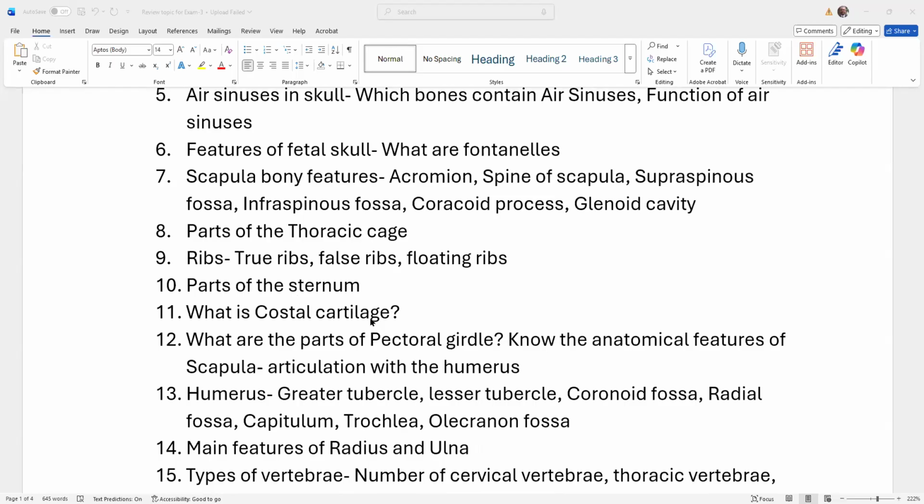Then going down, we're in the pectoral girdle, and you should know the parts of the pectoral girdle. What are the three bones that constitute the pectoral girdle? You should know the